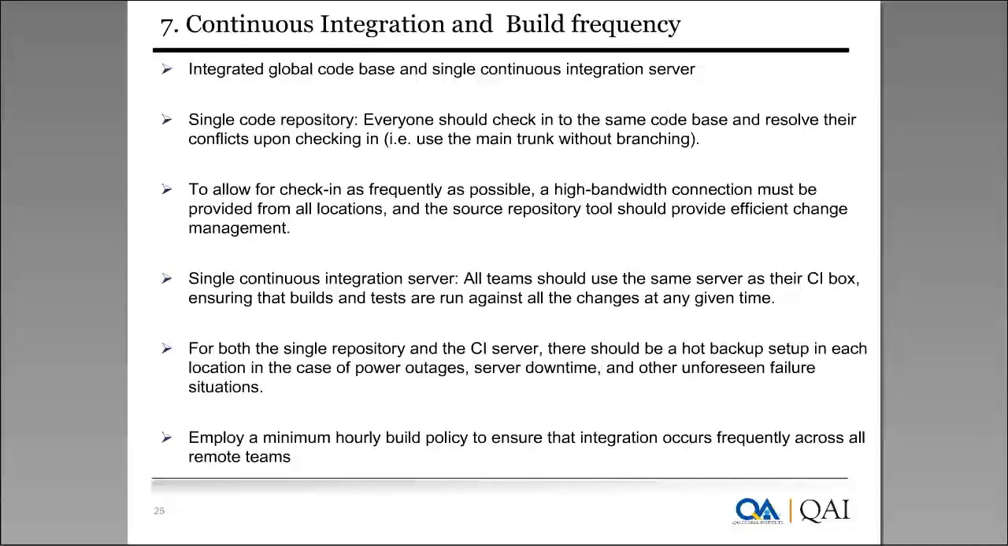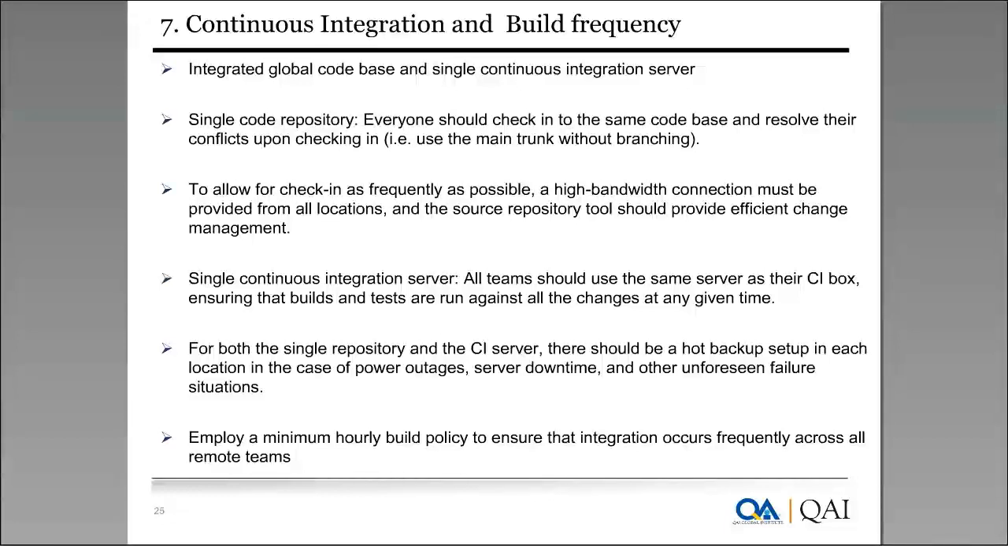Yes, the slide talks about continuous integration, and there should be a single code repository and a single continuous integration server. It is expected that the distributed teams will be checking into the same code base, and all teams will use the same continuous integration server. What we have seen is a lot of distributed agile teams have lots of issues with respect to these infrastructure issues. This is one of the most important things that we need to ensure is taken care of